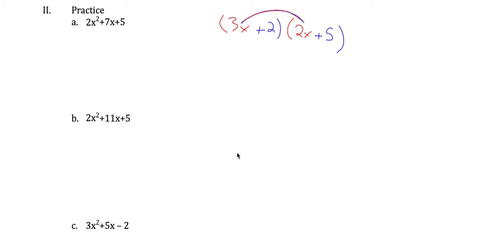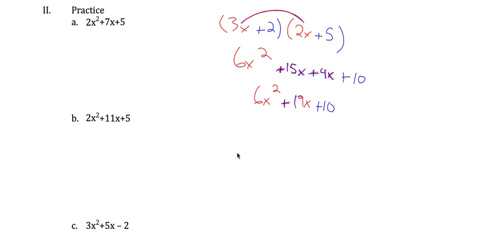So if we were to multiply all this out, we would get 6x squared, and then, this is where it's interesting, we'd get plus 15x plus 4x. I'm actually going to put those in both red and blue. While it looks weird for me to be doing that, what I want you to notice is that those came from multiplying red terms and blue terms. Then at the end we get a plus 10. So when we see our final answer of 6x squared plus 19x plus 10,